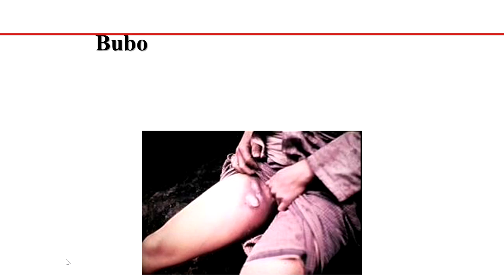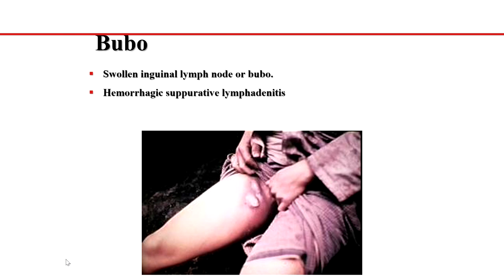This is what a bubo looks like. All right. And again, what's a bubo? It's a lymph node that's been infected. It's full of pus, usually the bacteria there too. So in terminology, it's a swollen, in this case, inguinal, which just means your groin, lymph node, a bubo. We'll see bubos in several different diseases. Medically, it's a hemorrhagic suppurative lymphadenitis.